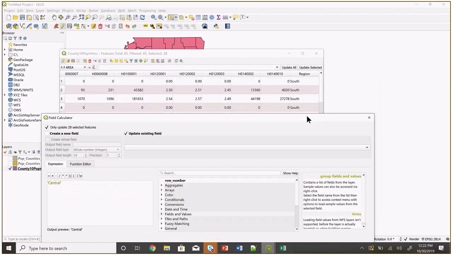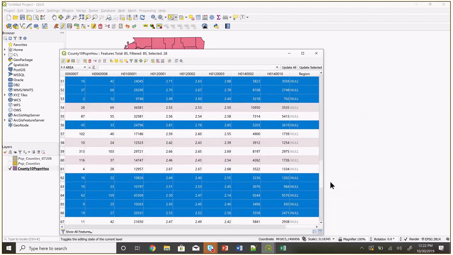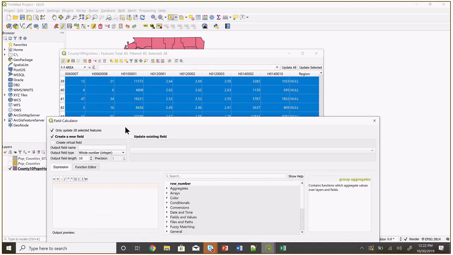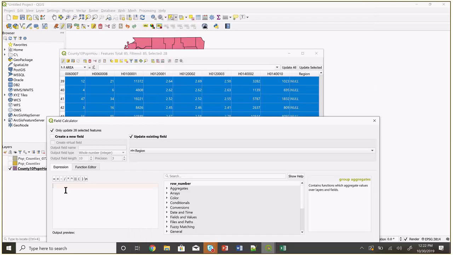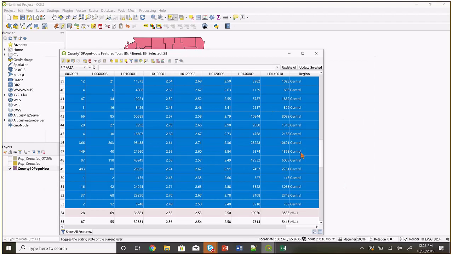Did it run? Nope. Oh, I forgot to select what field. Region, central, and then say OK. So now they all say central, and then I can go